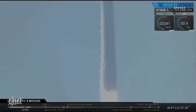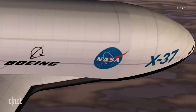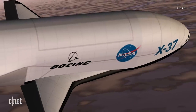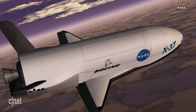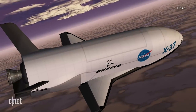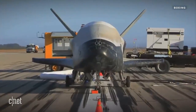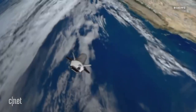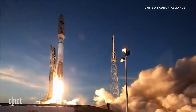So let's talk history. This started as a NASA program in 1999, but it was transferred to the US military in 2004 and ultimately became part of the new US Space Force. And this is where the mystery comes in. Since the military took over, the Air Force hasn't given us much detail about what the plane is doing up there, except running experiments. We know there are 2 of them that have so far launched at least 6 missions,